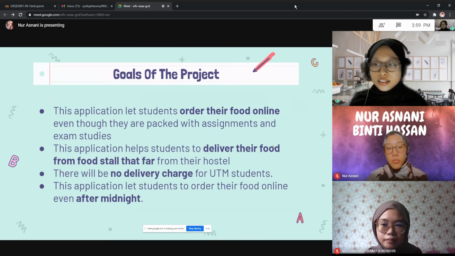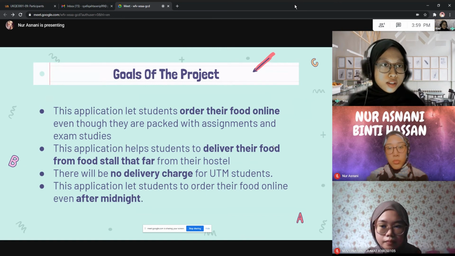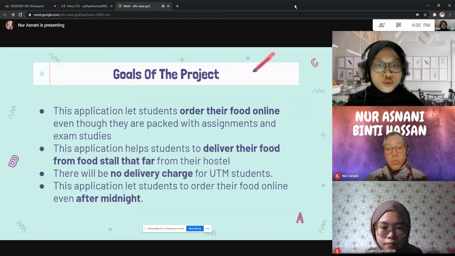And the third one, there will be no delivery charge for UTM students, so it will help students save more money instead of using applications that have a delivery charge. And lastly, this application will help students order their food online even after midnight.